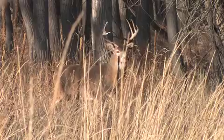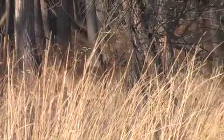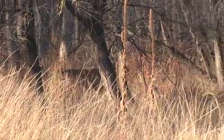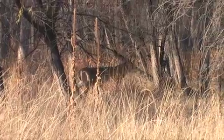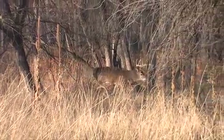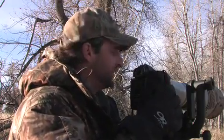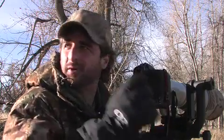That's the money. There's the payoff. See what it does if you're patient. If you can sit out here long enough, you're gonna see deer just like this one. And we sat out here for probably 30 minutes with absolutely nothing going on. Out of the blue, there comes a buck and he starts walking up. The name of the game is you have to be very, very patient. And you have to put in your time. You can get lucky a lot of times and just walk out and get the right shot. But more times than not, to be consistent, to constantly